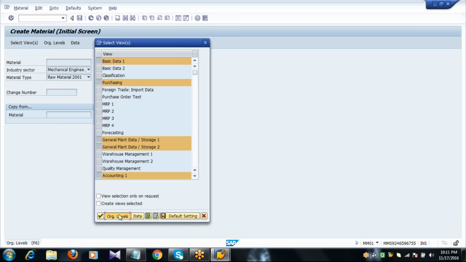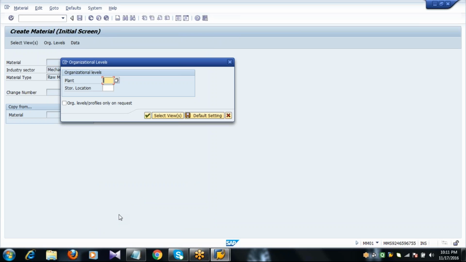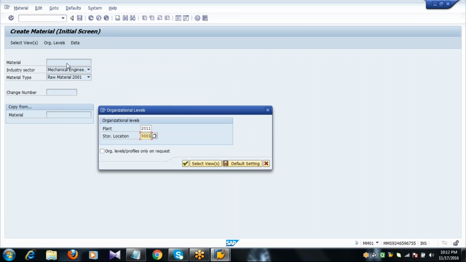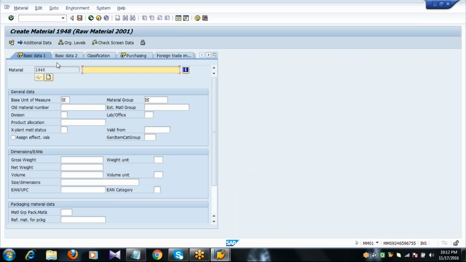So click on organization levels, enter the plant, storage location. Now observe what happens the moment you press enter in the material column. When you press enter, you got the material number 19.